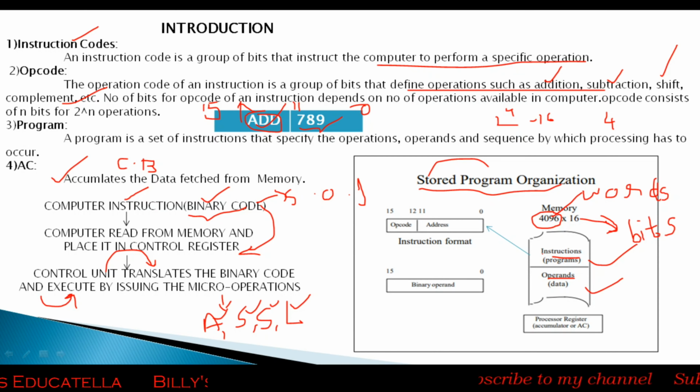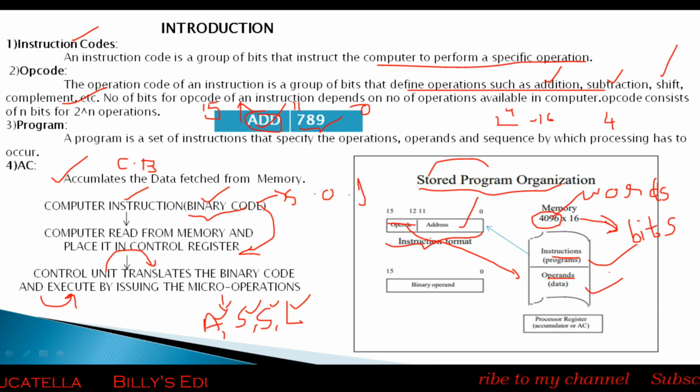An instruction is in binary code format, and here the instruction is divided into two parts. The instruction is stored in this way, which consists of 4 bits of opcode and the address. Here the address specifies the location of the operand, and the opcode transfers the data to the operand.